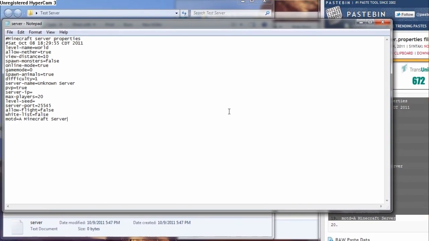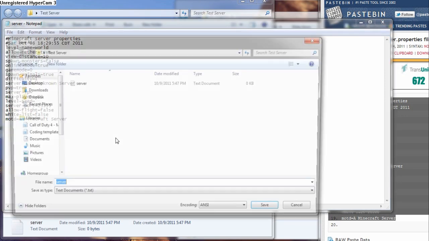So your server properties. And what I've done here is I've just changed the spawn monsters to false, and I've adjusted the port because I have multiple servers running on my computer, and if I use the default port, it gets confused for some reason. I'm not good at networking, so I can't explain it. But I'm just going to set this here to 3. You might not have to mess with it at all. I don't know, just depends. If you have weird errors, just change that, if it's saying can't bind to port and whatever.